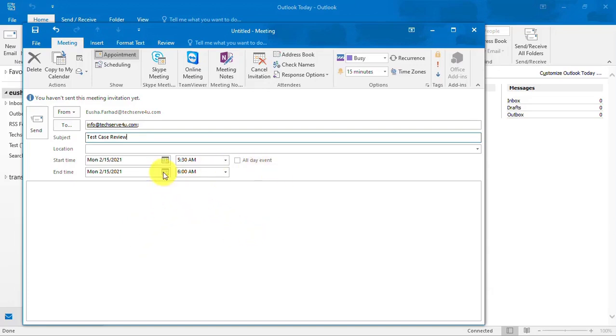Now you can select the time. Here's the date, let's say 5:30 to 6 a.m., that is 30 minutes. You can select the all-day event if it is an all-day event, but now I just need 30 minutes for the review, so it's okay. Now I'm going to add a message, let's say